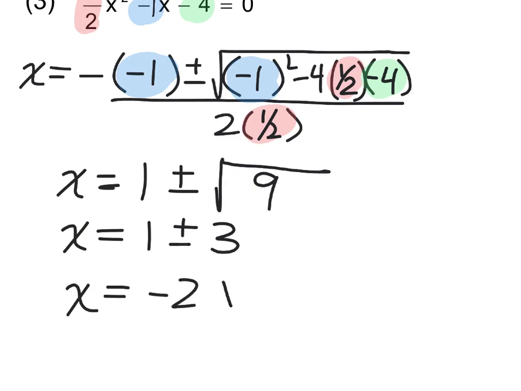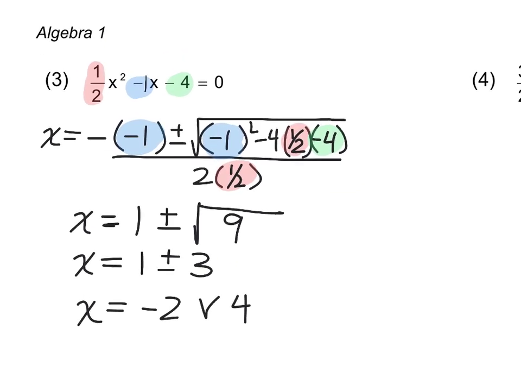And then we can just figure out our answer by saying what is 1 minus 3? Negative 2. And 1 plus 3? 4. All right, and so we have our solution. So at least in the beginning, you'll be referring back to that formula to get your